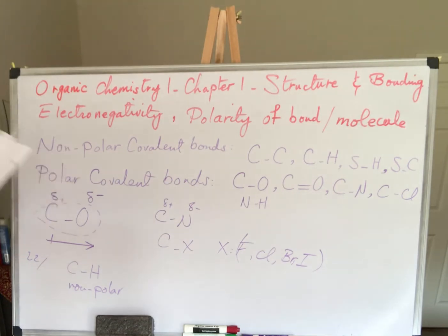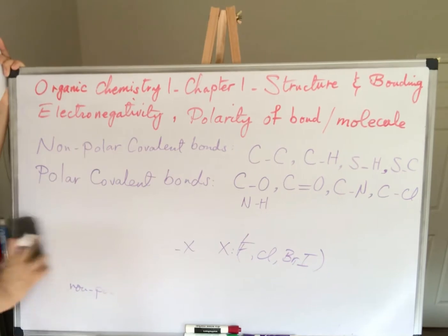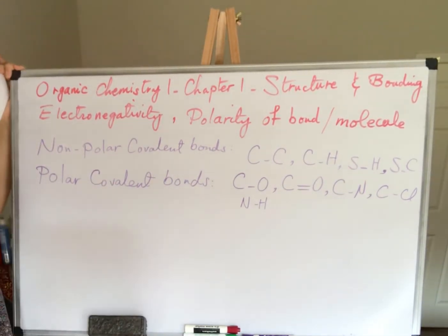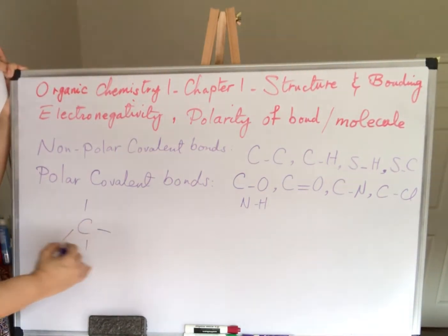Okay? Now, after knowing the polarity of a bond, let's talk about the polarity of molecules. So let's elevate it to the molecular level. First, we need to draw a correct Lewis structure, then determine the polarity of each bond, and then decide on the polarity of the entire molecule. For a simple molecule like CH3Cl,